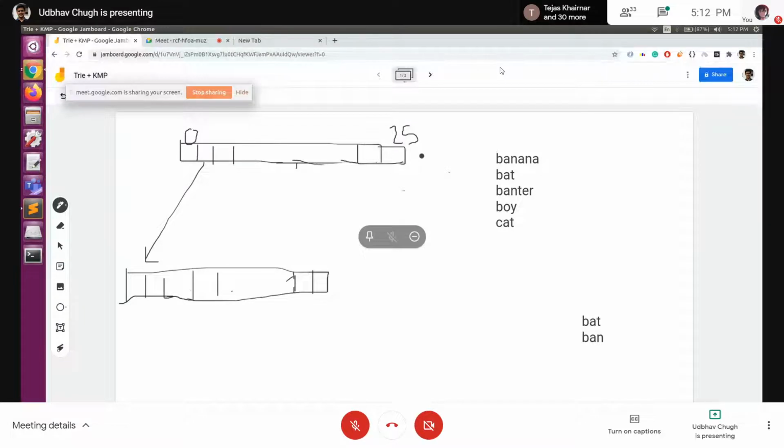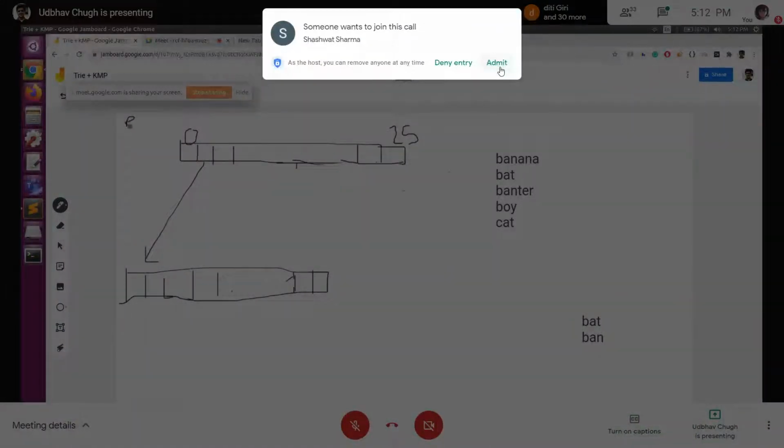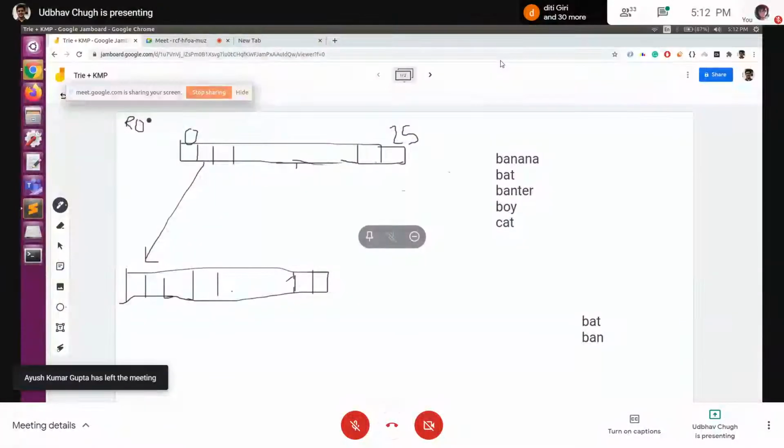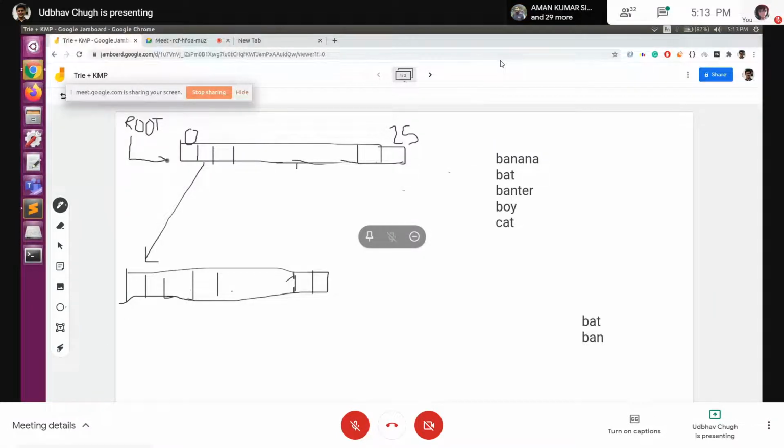Firstly, we'll have to create a trie with the initial set of strings that are given to us. Initially, all the elements in the array are null. Let's say we have a root pointer. You all know how trees work, right? It's pretty much similar to how trees work. The only difference is that here we have a size 26 node rather than a single node. So a root pointer is pointing to the initial array of size 26.